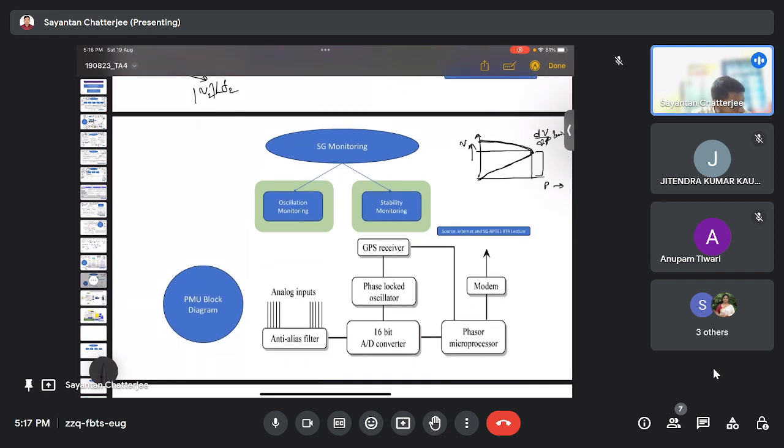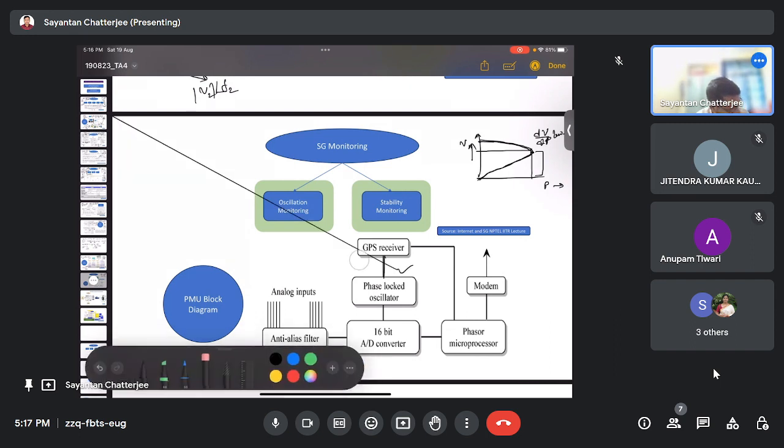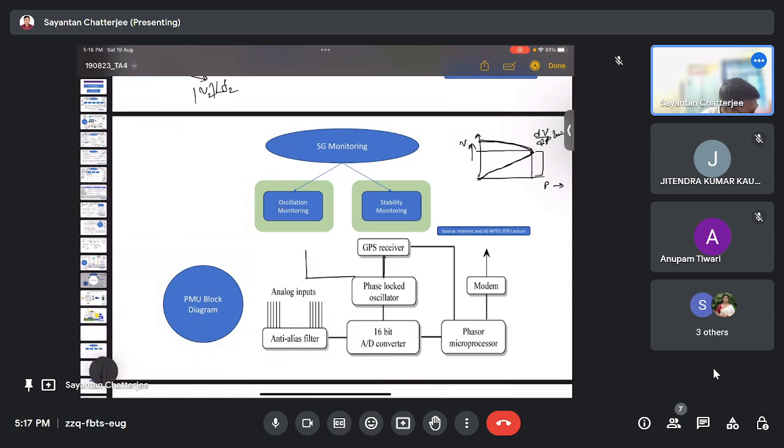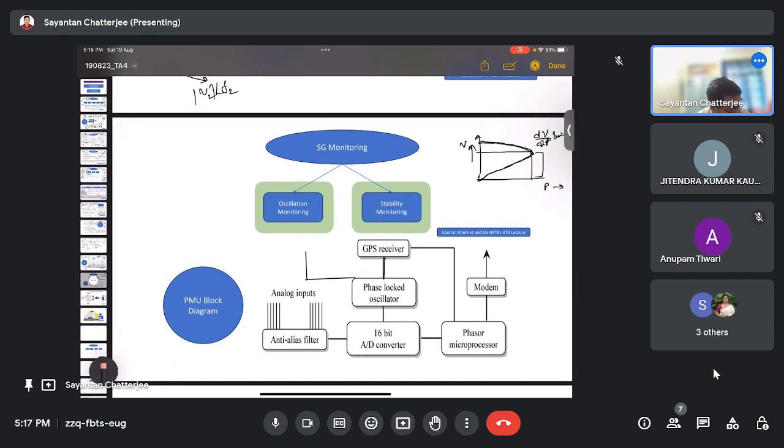So this is the block diagram of a PMU, where the GPS receiver, the global positioning system, the satellite receiver, would be receiving the signals. Suppose a signal is received at some point of time. Then the phase locked oscillator has to lock the system in such a manner that the starting of this,